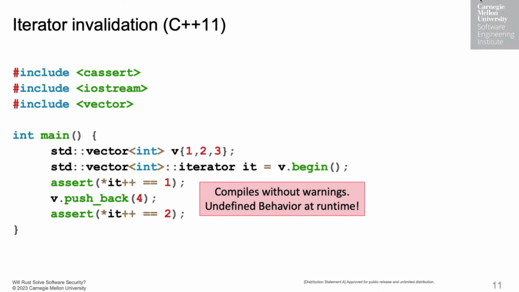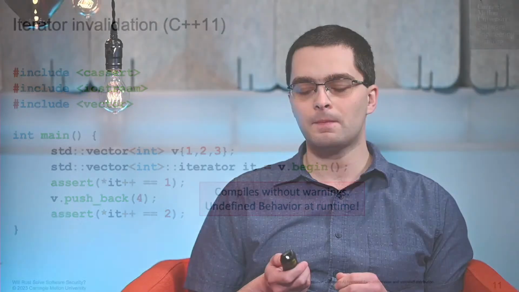And neither GCC nor Clang will give you any warnings when you compile this program. Undefined behavior will just happen at runtime. It might just give you the wrong answer. It might segfault, or it might even work fine when you test and not break till it gets to production, or until you change some other unrelated bit of code somewhere else. That's what makes undefined behavior super dangerous. It's unpredictable and hard to find. Undefined behavior is sort of the standard committee's way of washing its hands and saying, whatever you do now, you're on your own. We're not going to make any more guarantees of what the program can do.